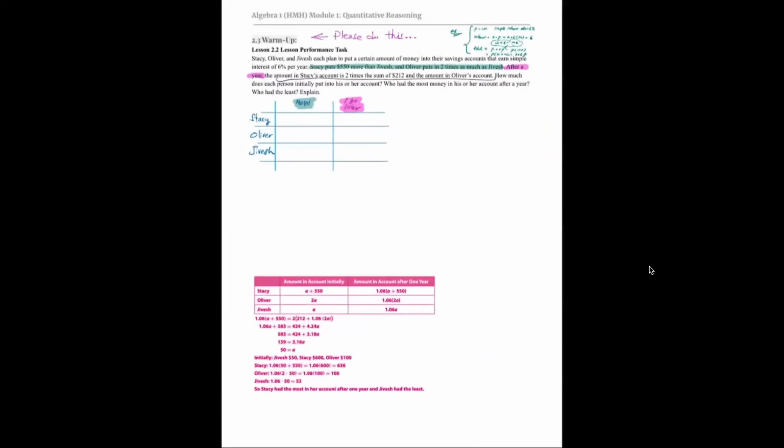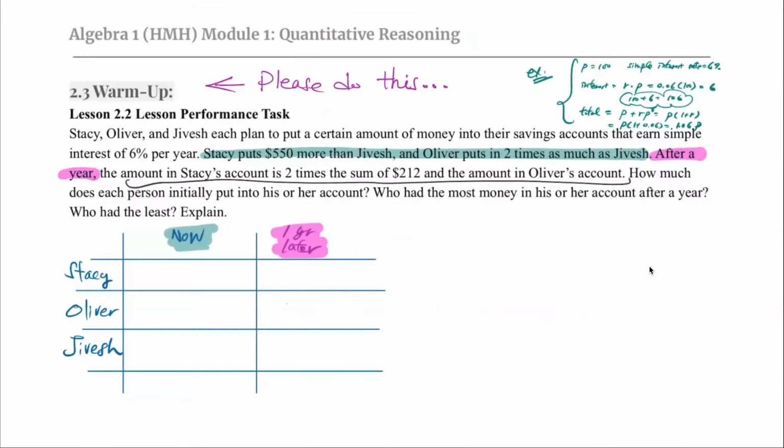So we have this warm-up. If you haven't done so already, please try this on your own. Just a little bit of hints, I guess. But before you do, let me give you a little bit of background information on this expression, simple interest rate, because there is a difference between a simple interest rate and a compound interest rate. So as a reminder,